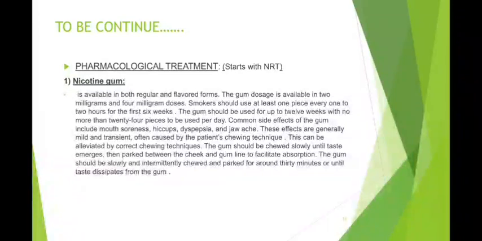The gum dosage is available in 2 milligrams and 4 milligram doses. Smokers should use at least one piece every 1 to 2 hours for the first 6 weeks. Then the gum should be used for up to 12 weeks, with no more than 24 pieces per day. Common side effects of the gum include mouth soreness, hiccups, dyspepsia,